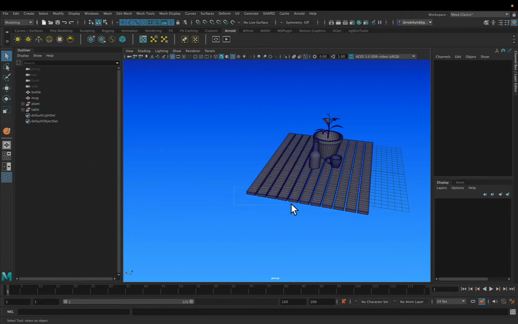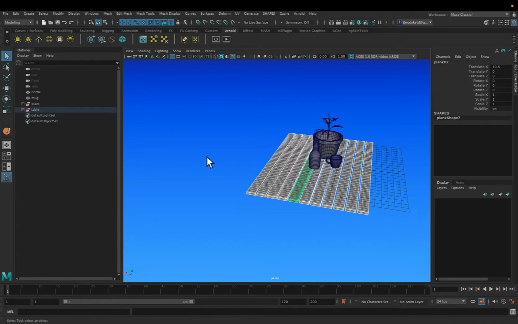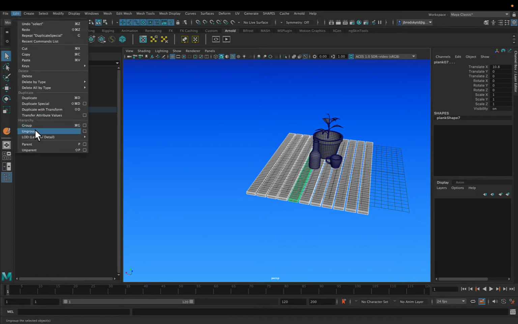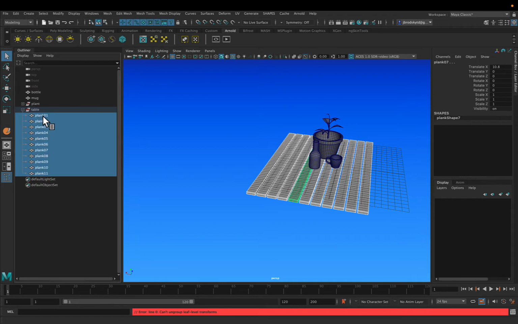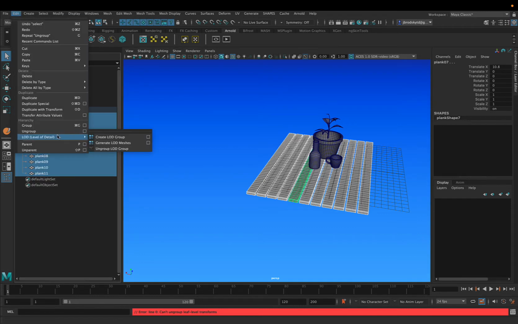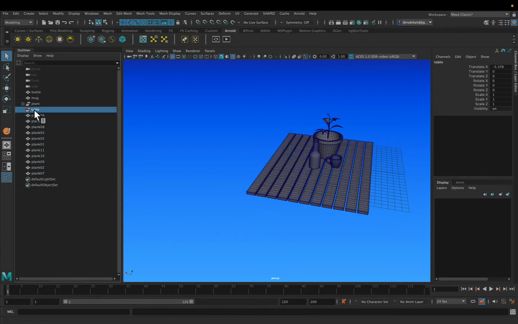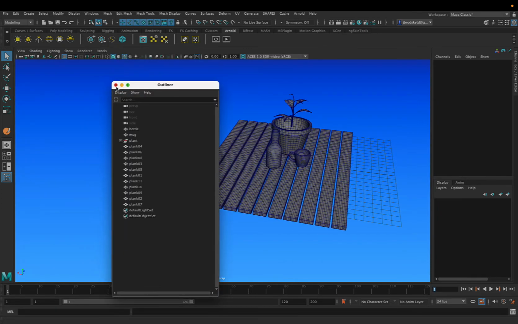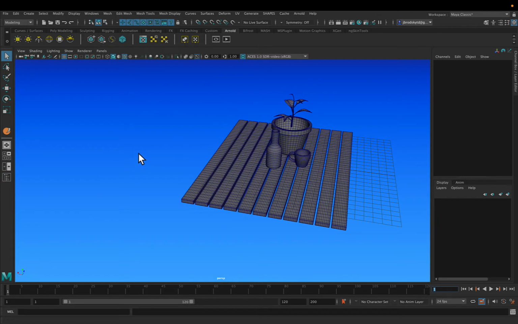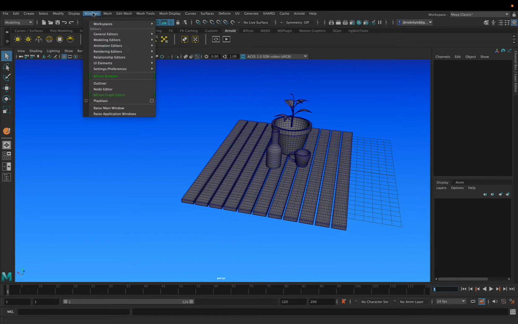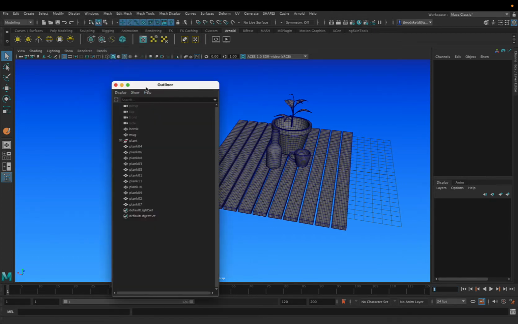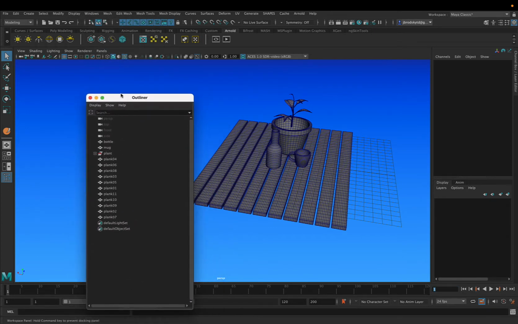Let me just do something real quick. I want to show you how to group these. So I'm just going to ungroup them for a second. Oops. Parent these. You don't have to do this part because you won't have yours grouped together. So yours will look like this. Again, this is the outliner. If for whatever reason you don't have the outliner, just go up to Windows, Outliner, and it'll pop up as a separate window. And if you want to dock it,